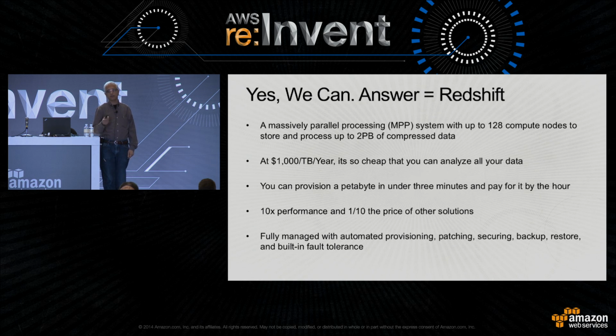So those of you who are familiar with data warehouses know that the cheapest data warehouses usually run $10,000 a terabyte. And there are systems like Teradata and others, Oracle and others, that can be as expensive as $50,000 a terabyte per year. So it's a tenth the cost of an average data warehouse that you could buy before we came out, and it's 10x the performance because of the scalability and the performance with column stores and MPP that we give you. And if you want a data warehouse which has a petabyte of data, it takes 3 minutes to set that up.